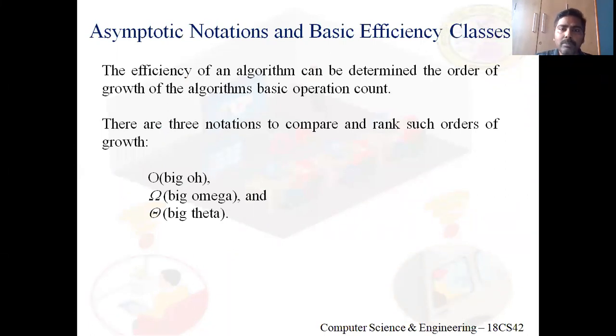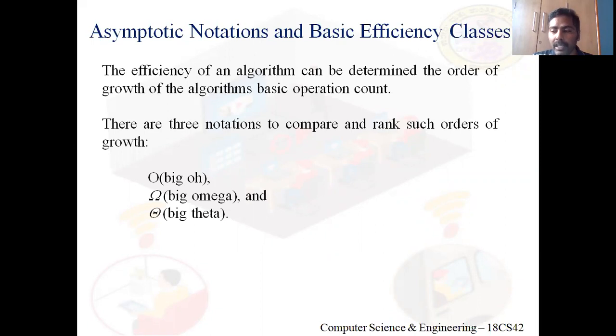So what I said about asymptotic notation, asymptotic means it's the behavior of an algorithm. Behavior of an algorithm means, now I will run an algorithm with some n. It takes some time, or to be more precise, some count of the basic operation. When I run an algorithm with some n, let C of n be the count of the basic operation. Now, if I double the size and rerun that algorithm, how many times is the basic operation now going to execute?